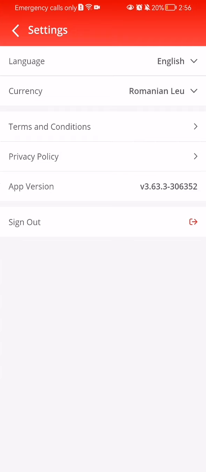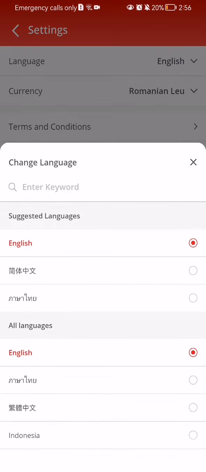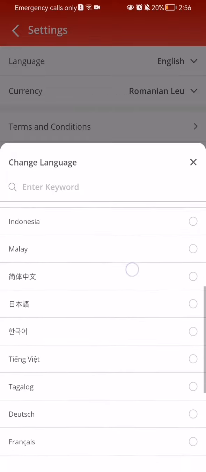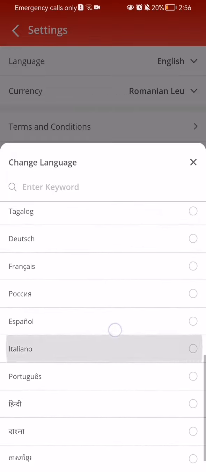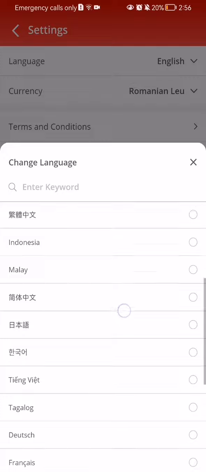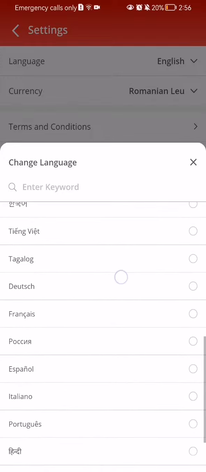And here you can see the first option being presented to you, the language. You press on it and here you can find all the languages that you can select. Now the list is pretty huge, so more than likely you're going to find the language that you're looking for. The app has a lot of variety in this case, and you just press on the language that you want,